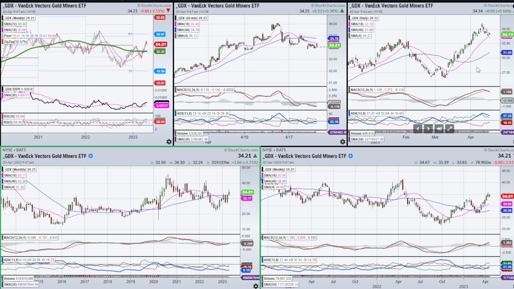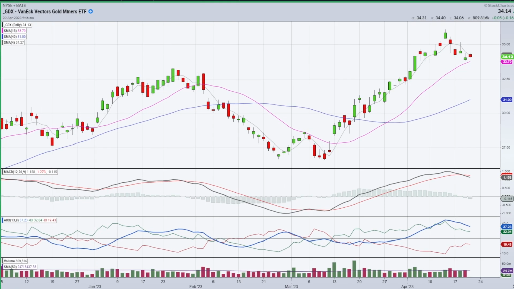Now, what I'd like to do, I want to show you the daily and the hourly and how you don't have to necessarily guess. So if we look at the daily, we pulled back to a rising 18, all right? Now we got a little overrun here. That does not mean that this trade is not gonna work, all right? What that means is we probably need to be a little bit more patient. I bet it comes back down, maybe tries to make a push and then comes back down again. Makes a little bit more like a double bottom type of a pattern rather than just immediately emerging to the